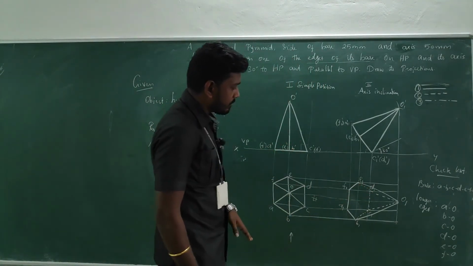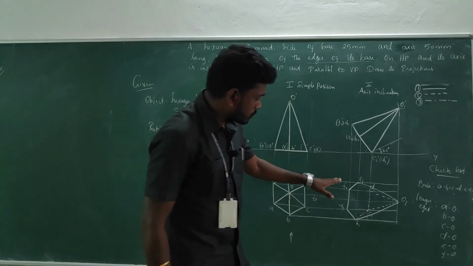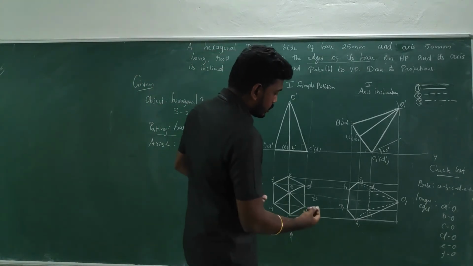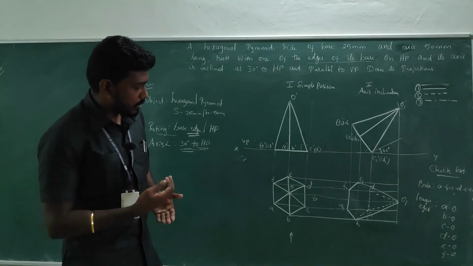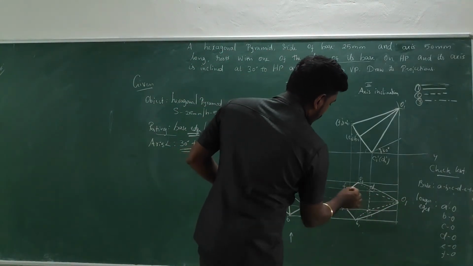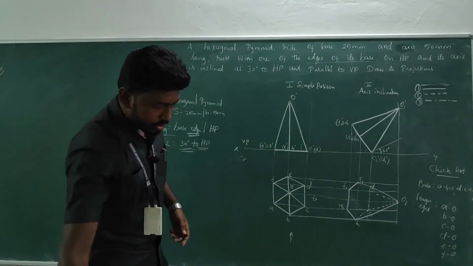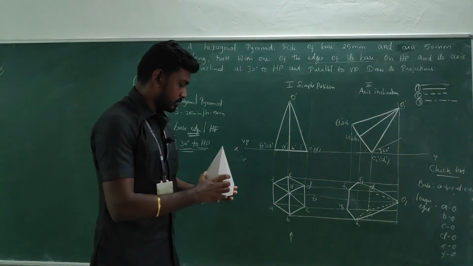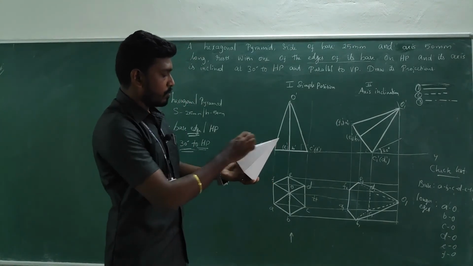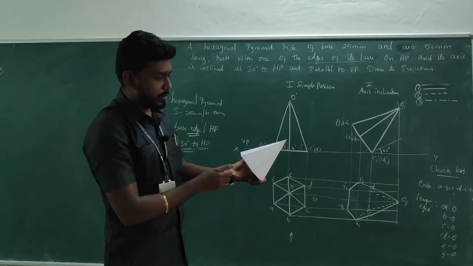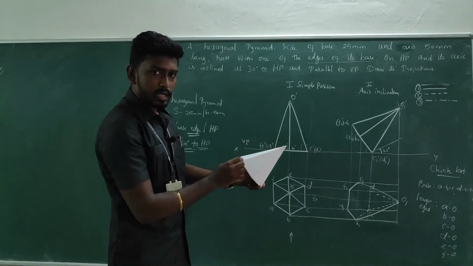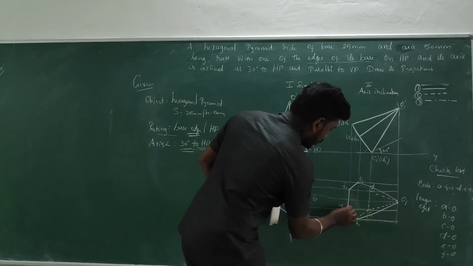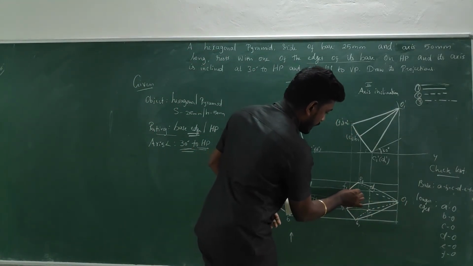So the rest of the things we have connected in the boundaries. Okay, and two more edges need to be connected. That means A to O and F to O, right? What about the longer edges A to O and F to O? When you are looking from the top, it is visible, right? A to O and F to O. So we can make them as a dot line, A to O and F to O.